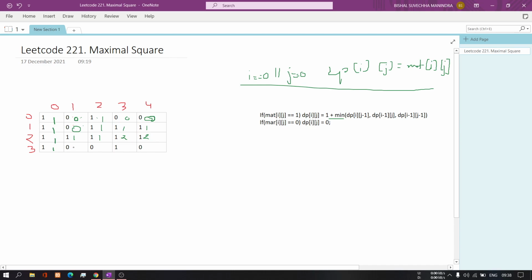And when we encountered 0, just simply put a 0. And once again we encountered 0, we simply put a 0. We encounter a 1, so 2 1 0, minimum is 0, 0 plus 1 is 1, and it is 0, so we just simply put a 0. Okay,